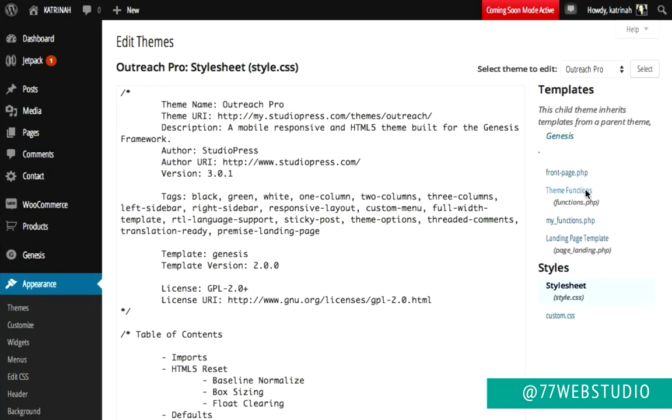Here on the right-hand side, we'll see the functions.php file, and this is the file that we need to add that line of code to. The only catch that I want to point out is sometimes when I am adding code to the functions.php file within the WordPress dashboard, sometimes it actually breaks, and that's not good because then the website pretty much breaks altogether, and then you have to replace this functions.php file with the original one that came with your Genesis theme file.